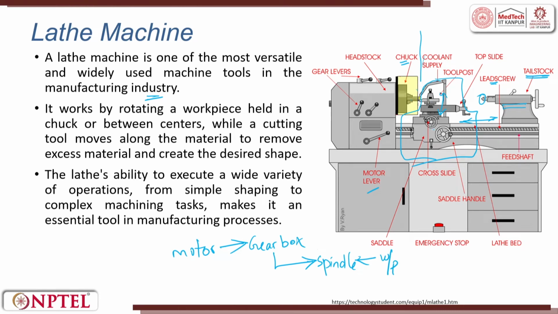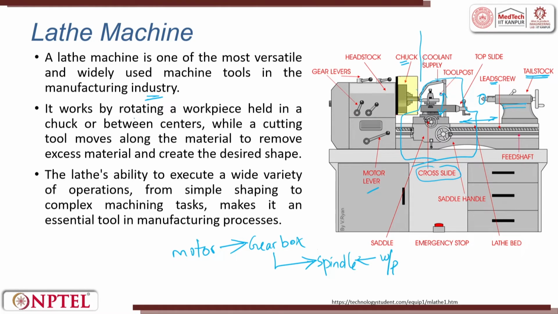The tool post sits on a saddle. So this is the saddle. This is a saddle. So the tool post sits in a saddle. The saddle is operated by the saddle handle. The cross slide, which I told you, to move the tool in and out, is given by the cross slide, right. Then we have to understand about the lead screw and feed shaft. The feed shaft, or they call it the feed rod. Then we have the tailstock. So by now you will be able to understand what all the parts are in a lathe machine, and there are some functions you can guess.